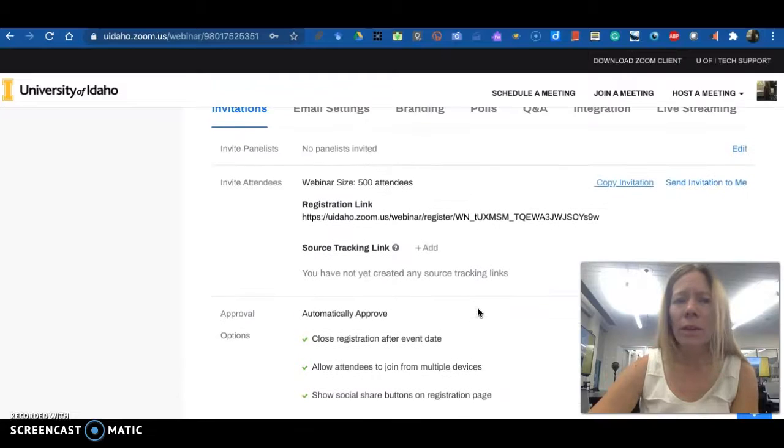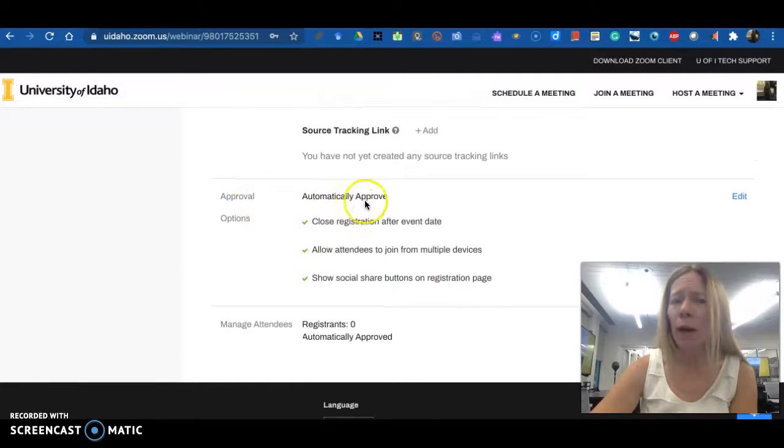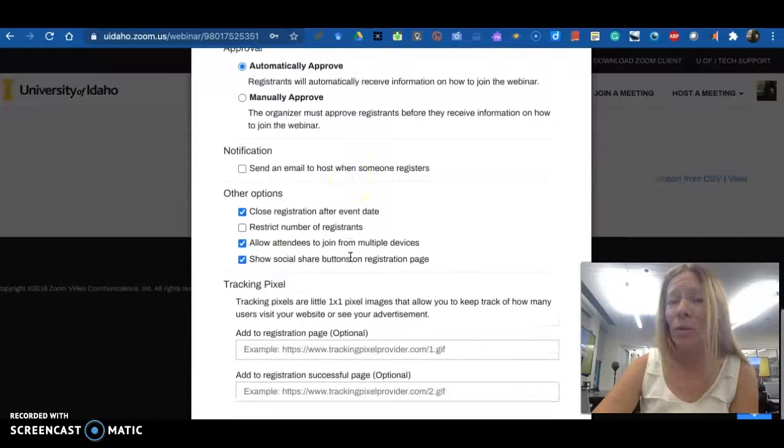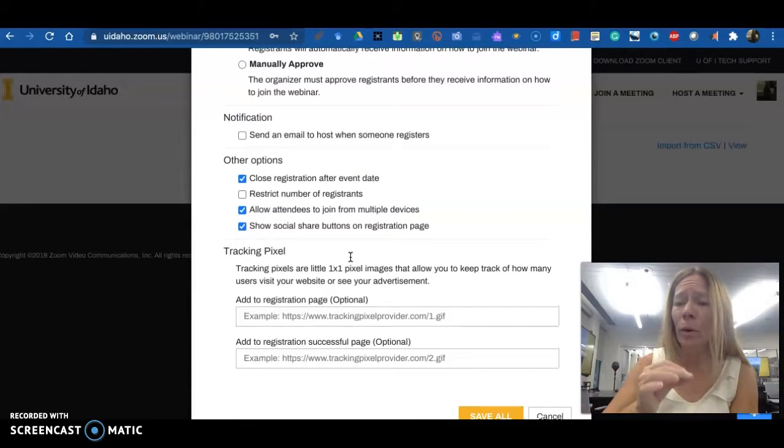You can also see down here under approval options, this is when you require registration for your webinar. You don't have to require it, but it is a way to keep security for your event. So if you require registration, you can do it one of two ways. You can let it automatically approve so that they just register and then they get a link to attend the webinar. However, you can lock it down a little bit more and manually approve them. And so therefore you can make sure that you know who these people are before you're letting them access your webinar. So just basing it on the degree of